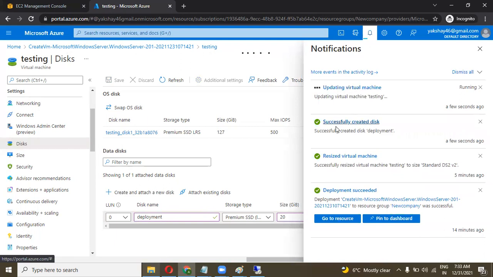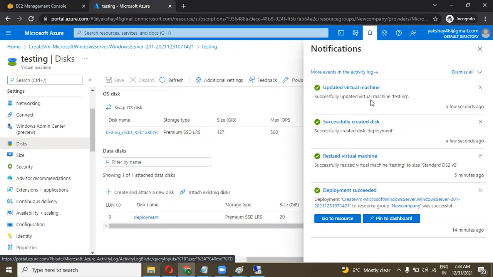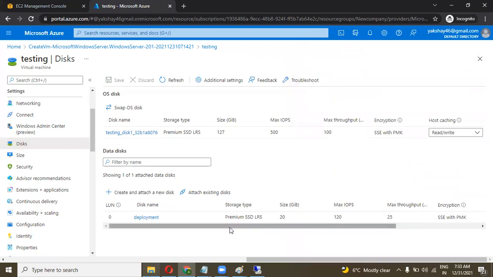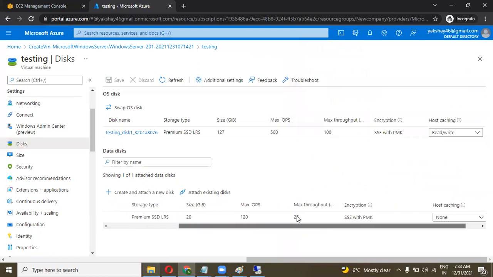Now the disk is successfully created and it is updating this machine that your disk is created. Now it is attaching with the machine. Let's refresh this. You can see the disk is created here, and now it is attached with the machine.